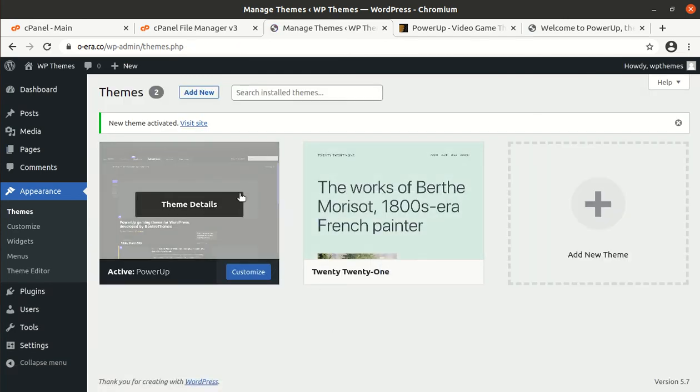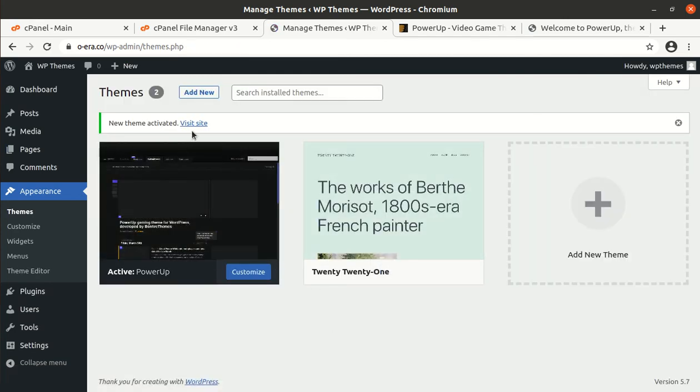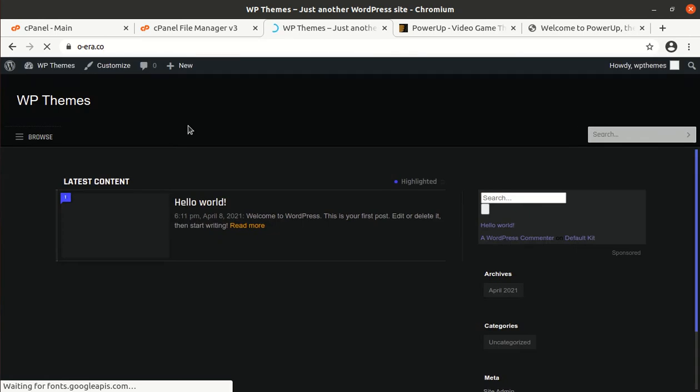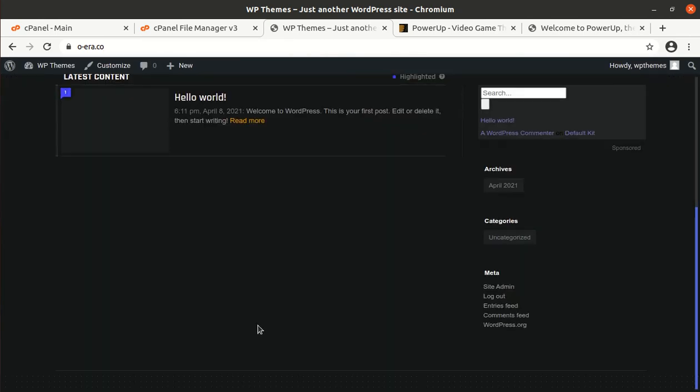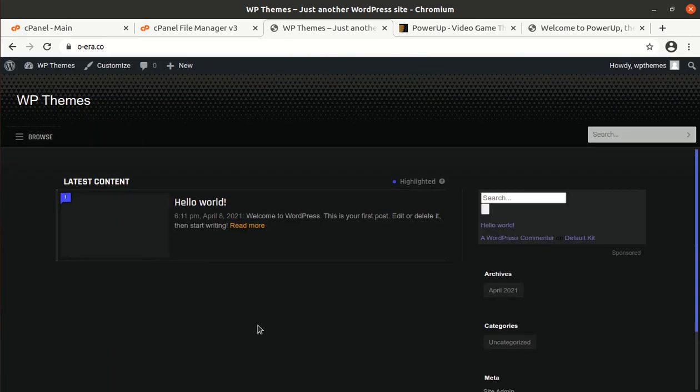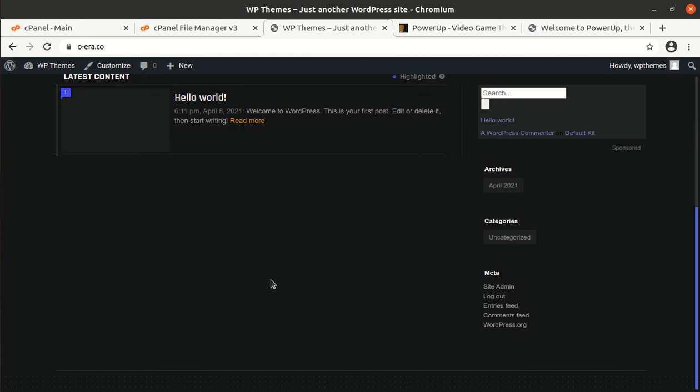Upon activation, it does not prompt for any plugins, in fact, and we can simply visit our site. Since this is a blog based WordPress theme, it does not require any demo content, and it is simply customized to show the latest posts on the page.